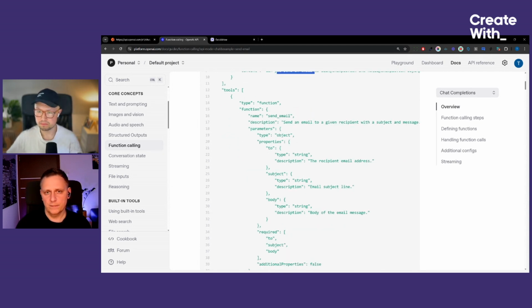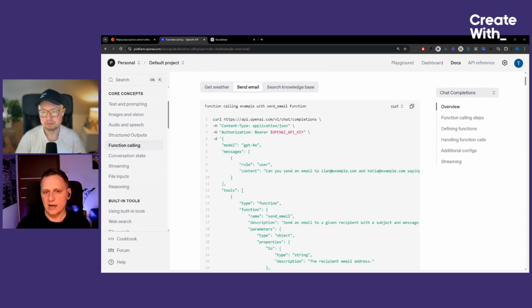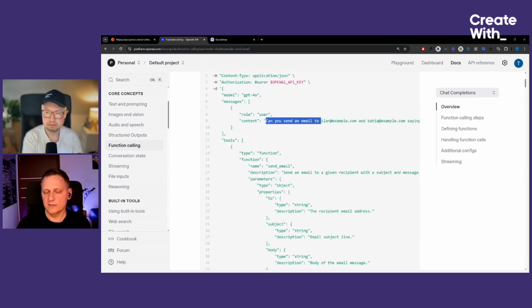I will search this node with the functions about sending email, and we'll try to run this function. But running this function means that OpenAI will respond with the function name and the parameters to this function. And then we need to use this function in our system and decide what this function will need to do. I mean, OpenAI won't send an email because it doesn't have the functions to send email. But OpenAI can say to us, I found in the context of what the user asks that probably he wants to send an email, so I'm sending you the function called send email